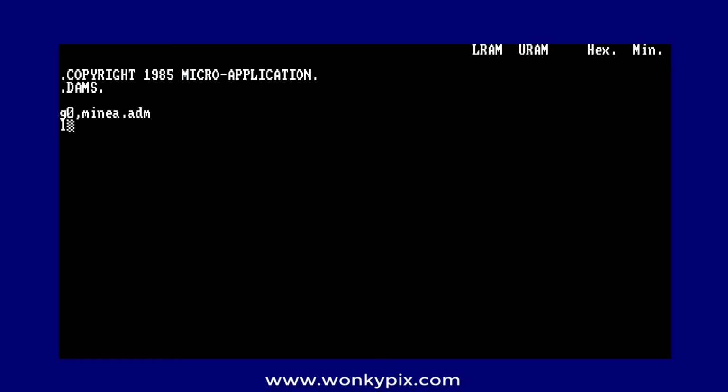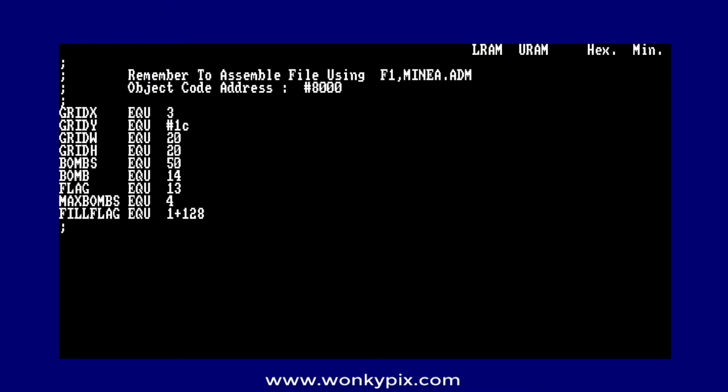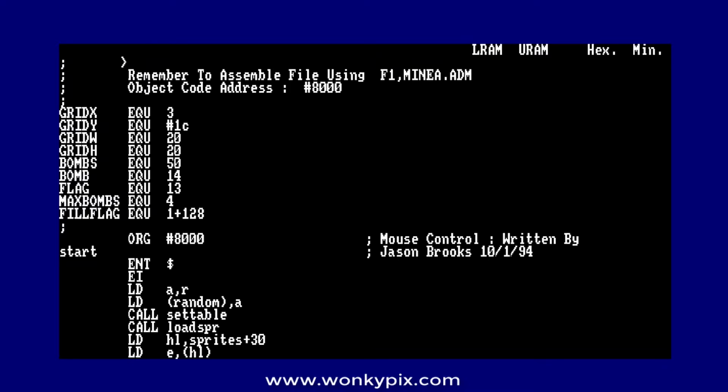G0 command, and if I put an L semicolon, we can see here there's some instructions reminding me how to assemble this, and the object code address we want is 8000 in hex. This will load up in sequence the different files that are required. So the very last instruction is the f* command. Although it's hidden there, it calls in mineb.atom, and if I just knew that and get 0,